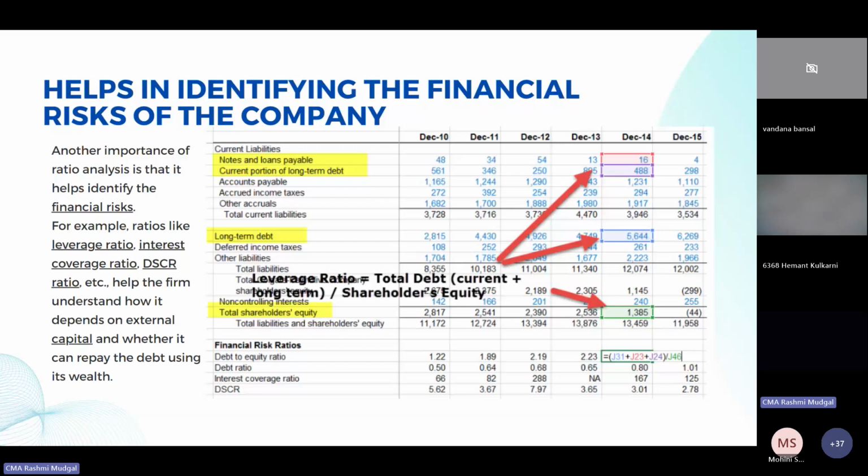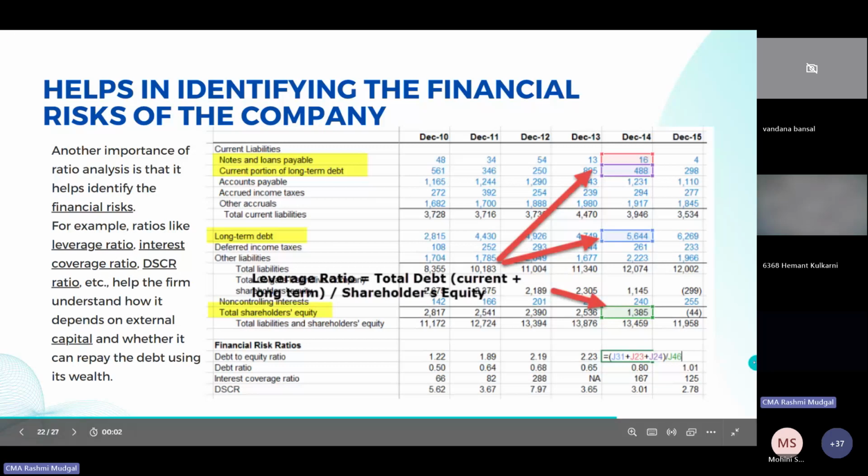Firstly, do they have capital or not? Are they totally dependent upon loans, or is the loan interest more than the return on equity? So these things can be taken care of with these ratios. Okay, so these ratios can be understood by this map also, where we can see the current portion of